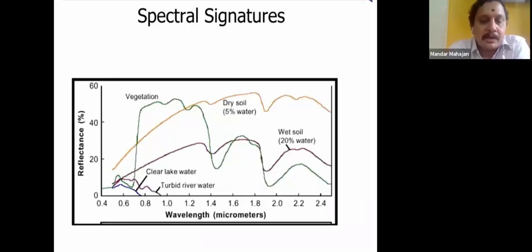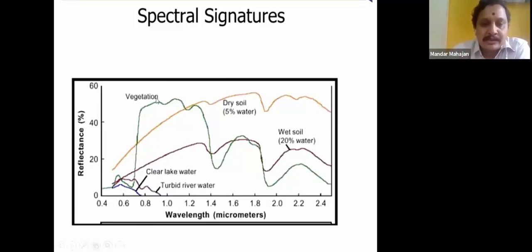So for example, if you want to take vegetation, in vegetation you can see here in this region, there is very small reflectance, that small energy gets reflected. But the moment I go here and take the help of the near infrared, apart from the three bands, it shows a very big peak in this case. So therefore, we take, apart from the three bands, near infrared, which is very close to the visible band. So we are also going to discuss this.